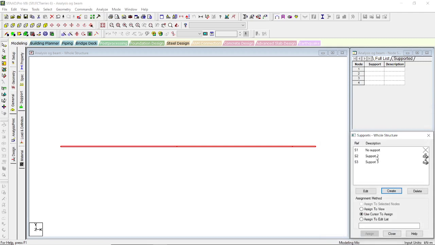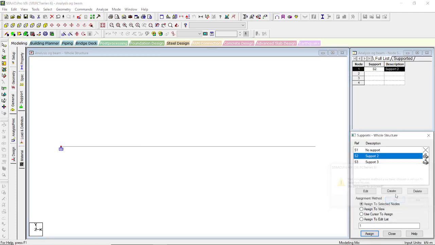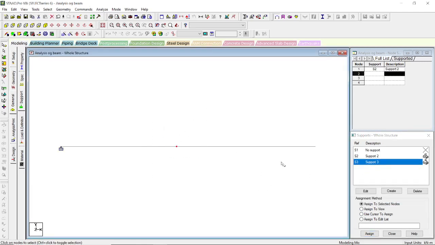Now you select fixed end, select A point by using our nodes cursor, then click assign to selected node, then assign. Now select pinned one, then select B point, then assign it. Again select pinned support, then select C point, then assign. Now all the supports are created in the STAAD model.